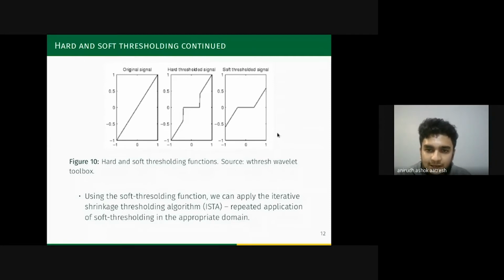This type of sparsity enforcement is done by an algorithm called the iterative shrinkage thresholding algorithm, or ISTA, a popular algorithm to enforce sparsity. And when applied repeatedly in the wavelet domain, in our example in this workshop, it will enforce sparsity and thereby denoise the image.